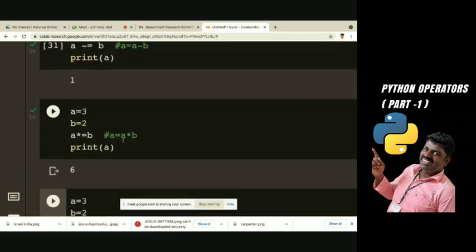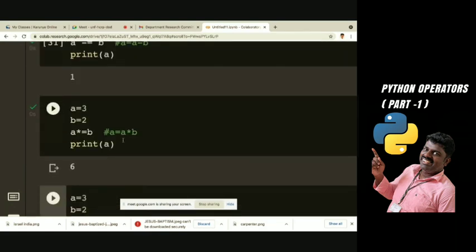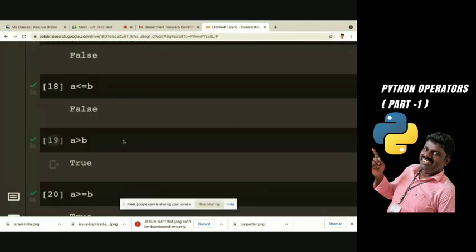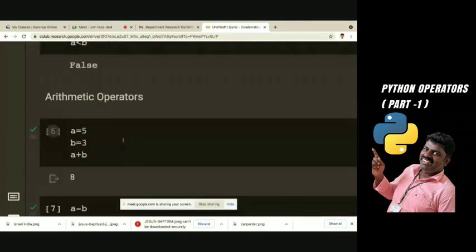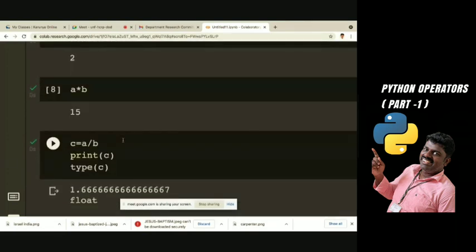I think you have understood arithmetic operations, unary operations, relational operations, and assignment operations. So these four categories we have seen today. In the next class, we will see the remaining types, like bitwise operators, logical operators, membership operators and identity operators.